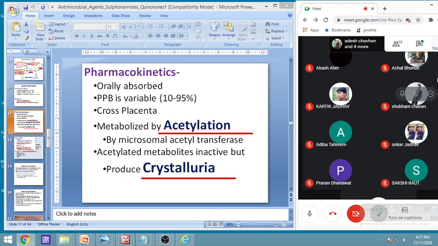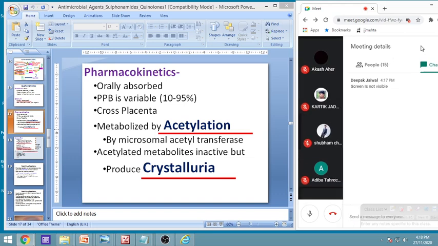Now acetylated metabolites are inactive, but they produce crystalluria. Crystalluria means they get crystallized, forming crystals of uric acid and the like, and they cause injury to the nephrons. So this is the biggest problem. Now it is easy to understand: those who are fast acetylators will have more chances of crystalluria. So this is how genetics impacts it. We have studied it, or rather you can study it in the